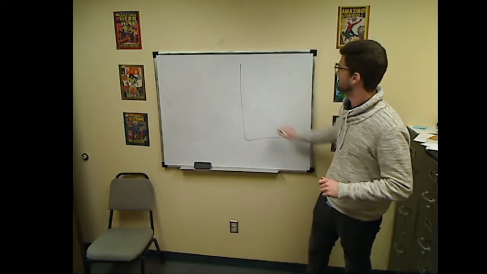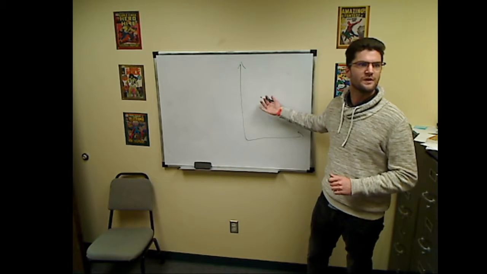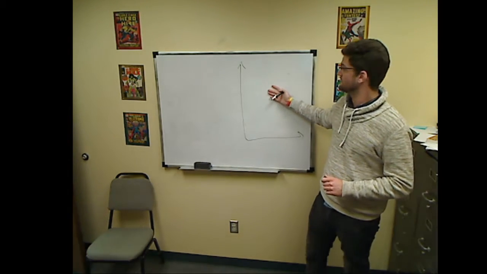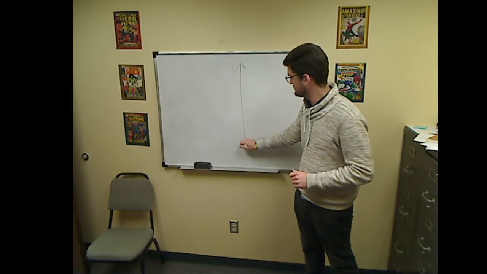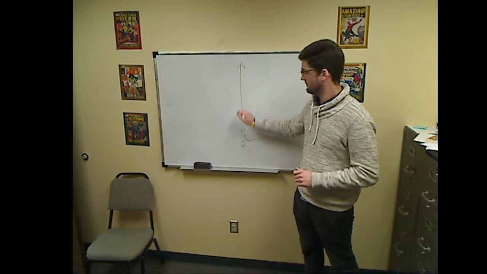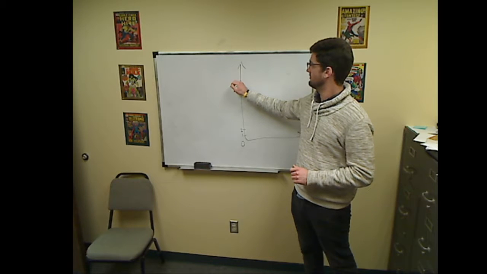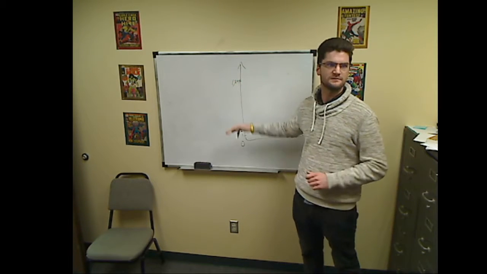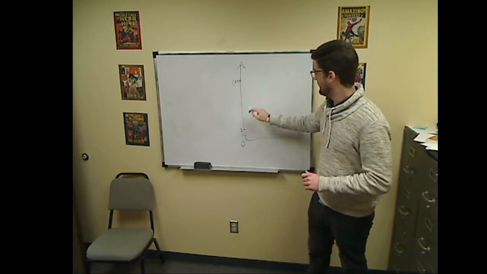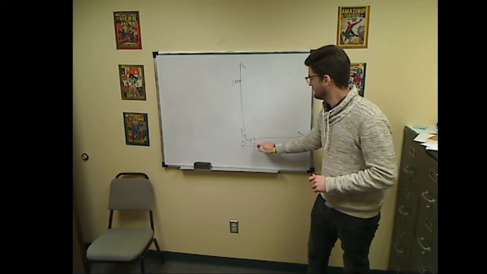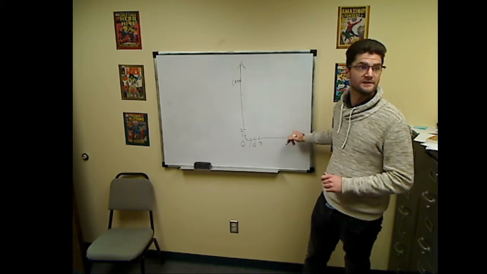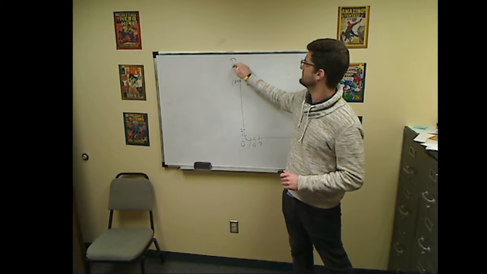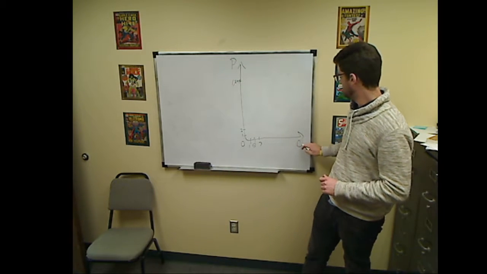So, a couple of things. Number one, we're only using the positive part of the Cartesian coordinate plane, right? We're just using the positive amounts, so this is our 0. This goes up 1, 2, 3, all the way on into 1,745, right? So it goes positive up, getting larger, and more positive to the right as well, okay? And in economics, we always put the price on the y-axis and the quantity on the